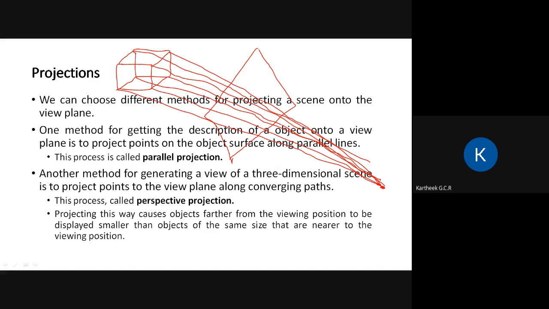So what happens is the image is formed on the plane, and I have this and then this. I would get an object something like this, guys.